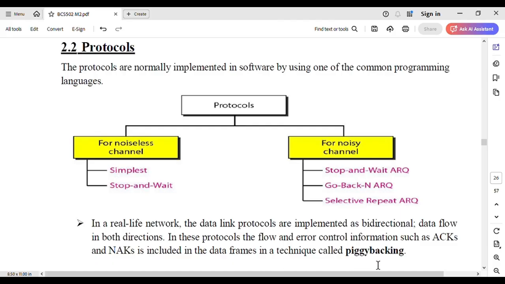So within that, in a real-time application, the sender acts as both sender and receiver, and the receiver also performs a dual role as sender. At that time both are responsible for sending and receiving an acknowledgement from both ends. This technique we call piggybacking.